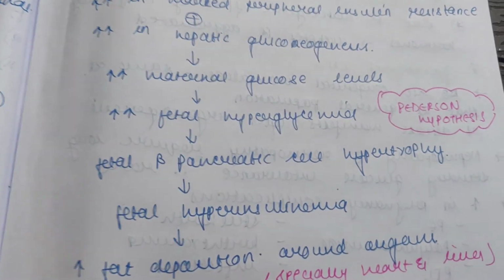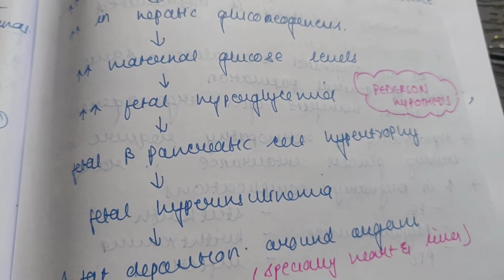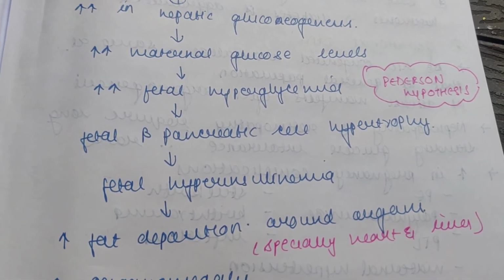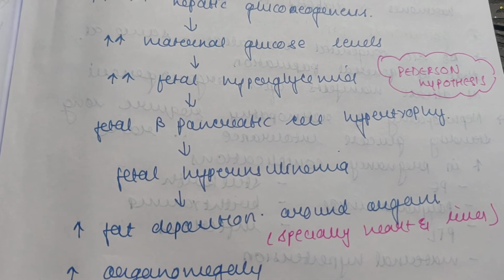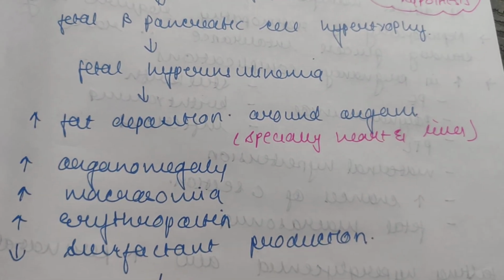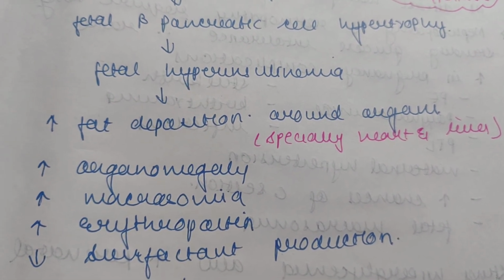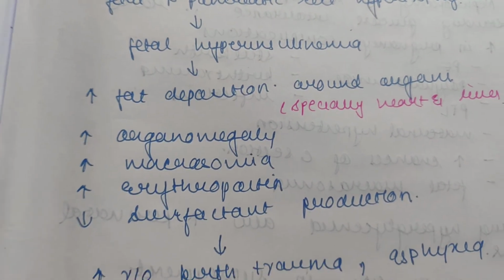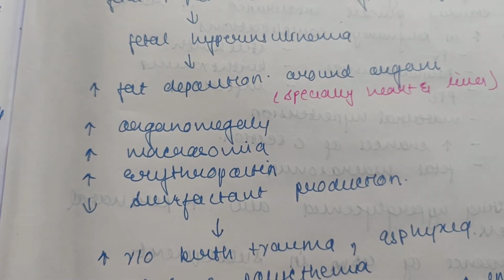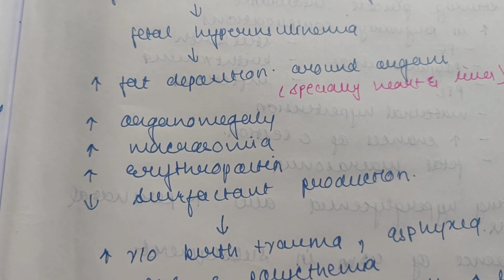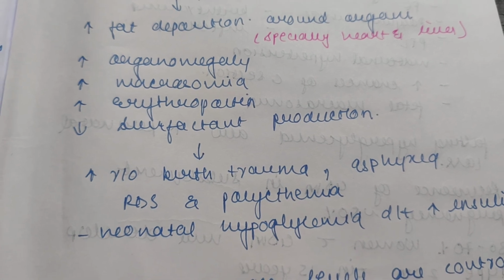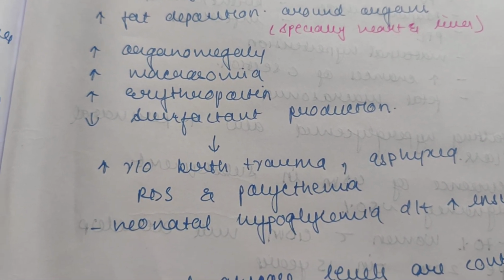The Pedersen hypothesis says that when there is an increase in the fetal blood glucose, that is fetal hyperglycemia, it will lead to stimulation of the fetal pancreatic cells and hypertrophy, which will result in fetal hyperinsulinemia. There will be increased fat deposit around the organs, especially around the heart and liver, which will result in organomegaly, macrosomia, increase in erythropoietin secretion, and decreased surfactant production. This will result in macrosomia. So there will be difficult delivery, so raised